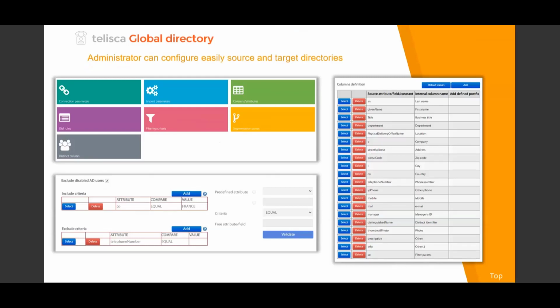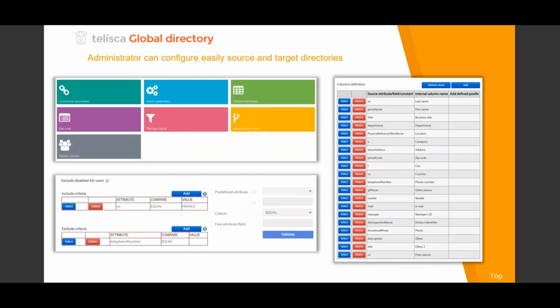If you are not familiar with Global Directory, here are some examples of administration screens. From the administration, you define what we call the source directory, the directory from which we import the data or which we search the data. You can define how to connect to them by, for example, Active Directory parameters, SQL parameters, and how frequently to import.